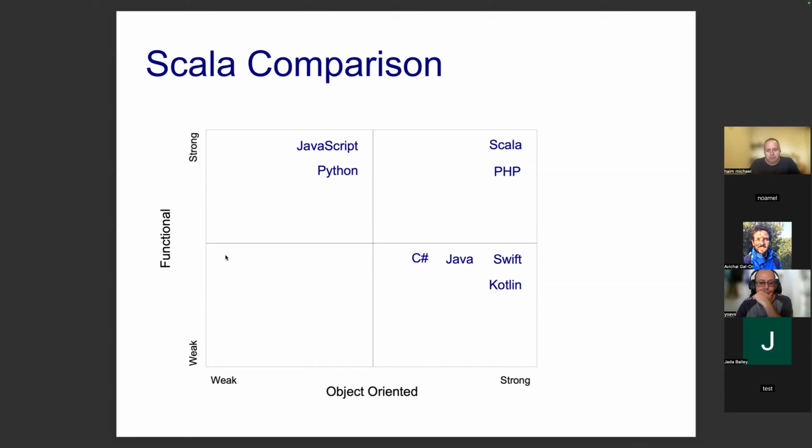So when it comes to functional programming, C Sharp, JavaScript, Python, Scala, and PHP are on top. Of course, Scala is on top of everyone, but more or less I put them together. And when it comes to C Sharp, Java, and Kotlin, their support for functional programming is not as strong as the one we find in JavaScript, Python, PHP, and Scala, mainly because a function is an object in Scala, PHP, JavaScript, and Python. In the other programming languages, a function is not an object.